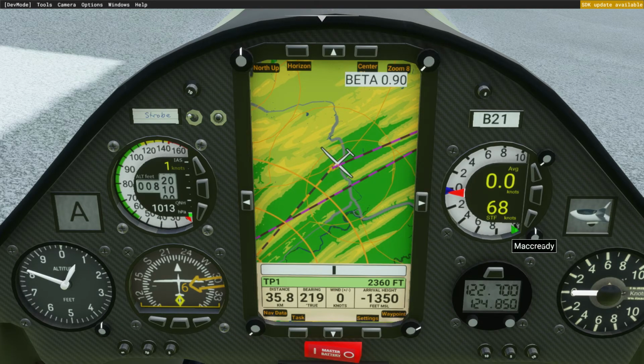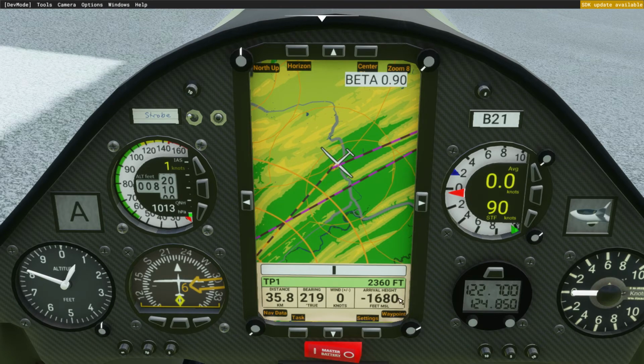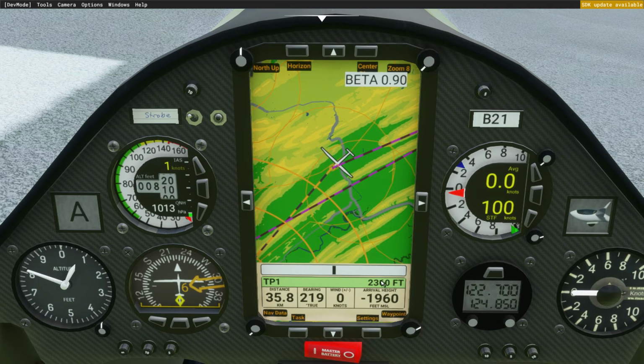If I turn this up, you see it says I'm going to fly at 79 knots, turn up again, it says I'm going to fly at 90 knots. As I say I'm going to fly faster, you'll see my arrival height going down, because I'm coming down faster, so it's going to take me more height to get there. So this here is the predicted arrival height at the next waypoint,